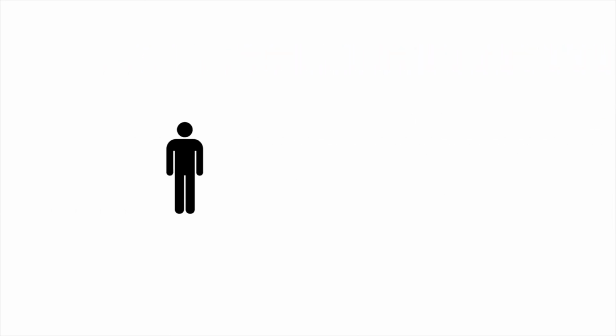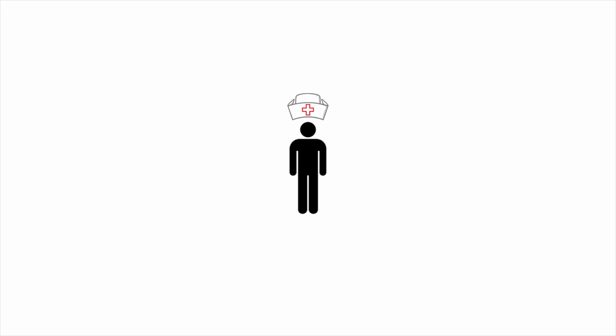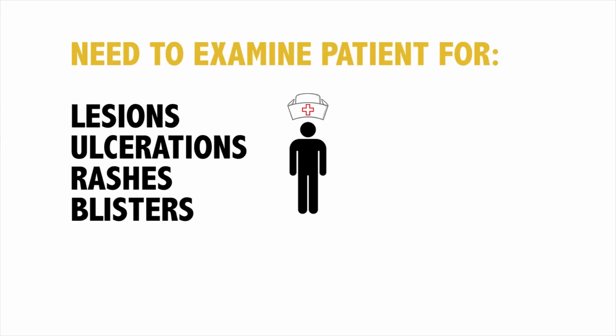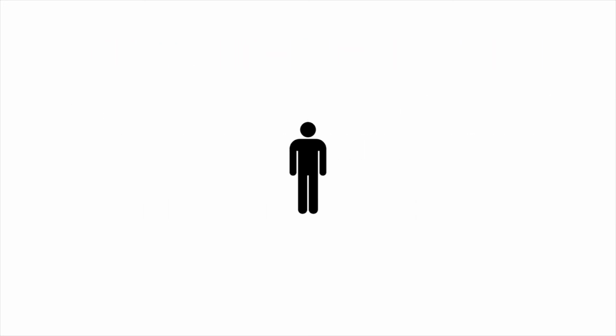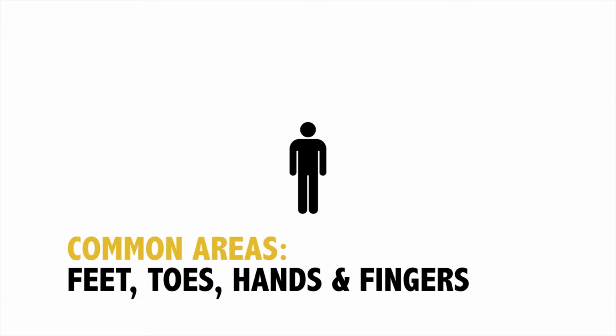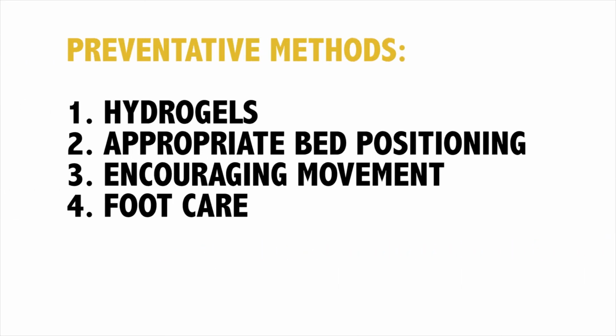As nurses, we will need to examine Alistair's skin daily, primarily around his extremities, to check for any lesions, ulcerations, rashes, or blisters. In hypoglycemic patients such as Alistair, it is quite common for ulcers to appear on feet and extremities such as hands and fingers. Ways to manage and prevent occurrences of ulcerations include incorporating the use of hydrogels,